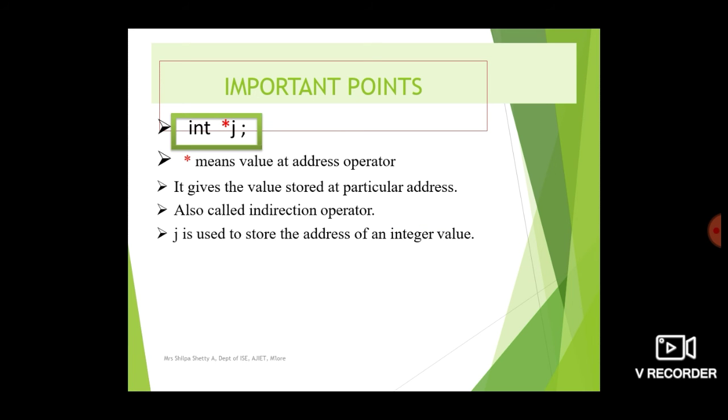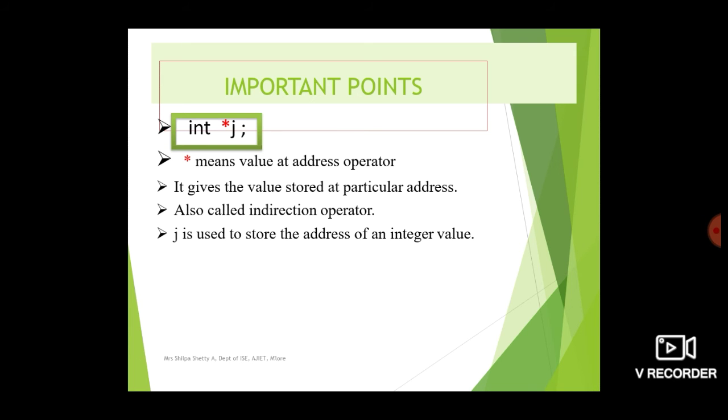So next, when you declare j, you need to write it as int *j here. *j means it is a pointer declaration. Whenever you declare a variable preceded with the star, for example int j is a normal declaration where j can hold any value, but if the same j is declared as int *j, then j can hold the address of another variable, and that is called a pointer.